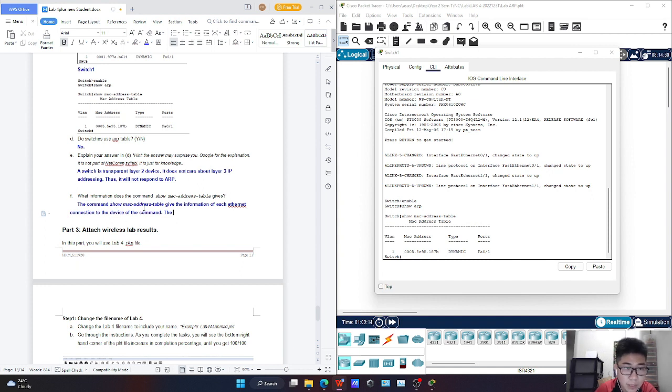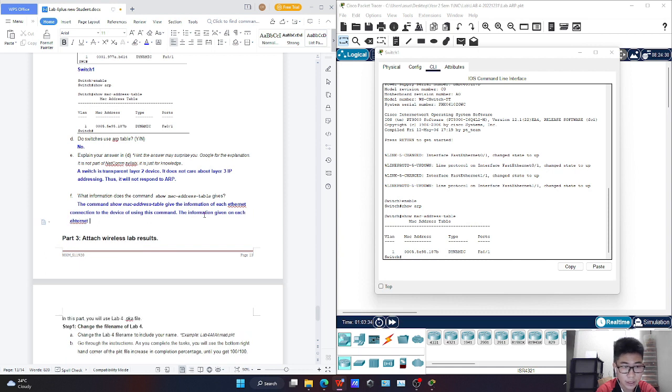The command show MAC address table gives the information of each Ethernet connection to the device using this command. The information given on each Ethernet connection includes